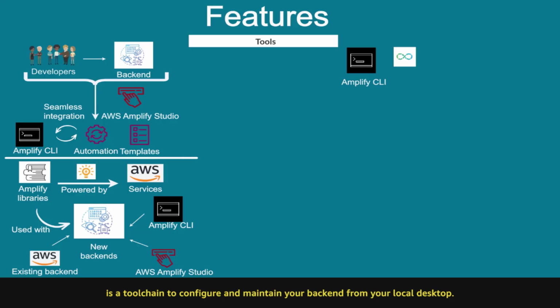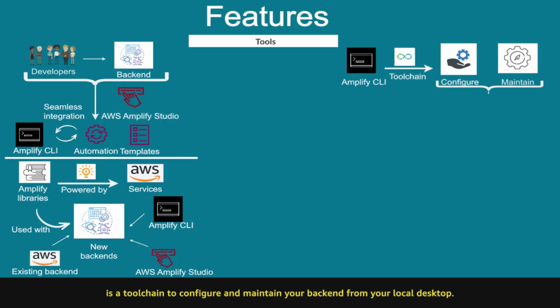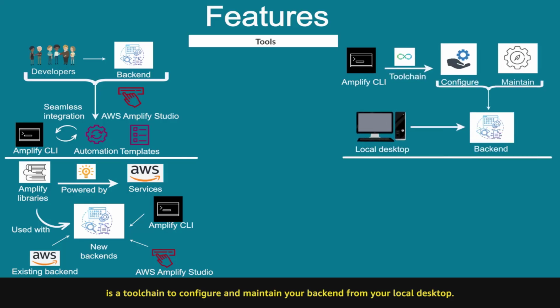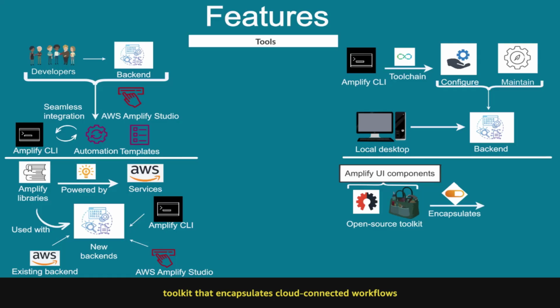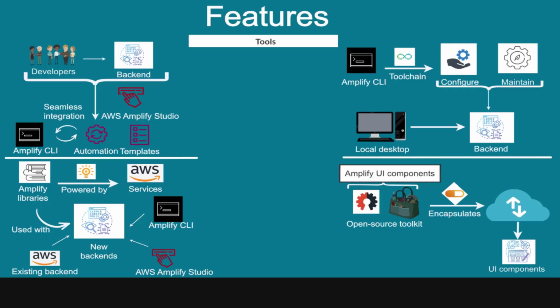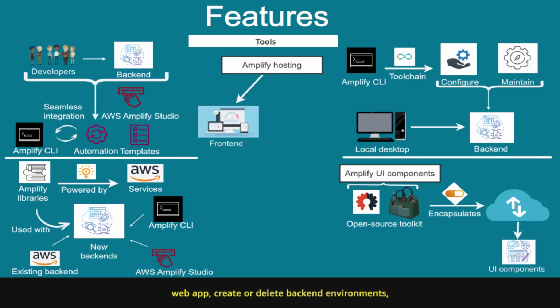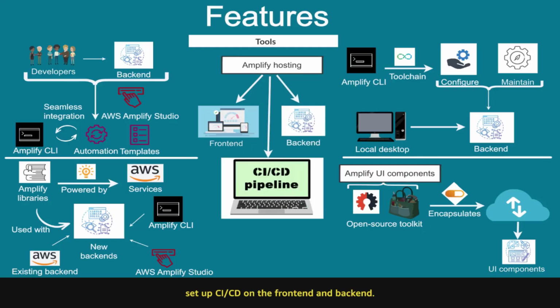The Amplify CLI is a toolchain to configure and maintain your app backend from your local desktop. Amplify UI Components is an open-source UI toolkit that encapsulates cloud-connected workflows inside of cross-framework UI components. You can use Amplify hosting to host your front-end web app, create or delete back-end environments, set up CI/CD on the front end and back end,